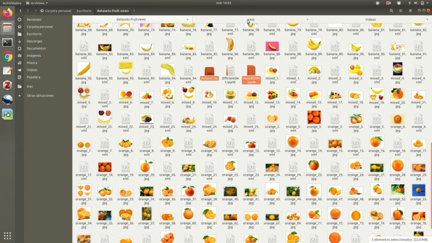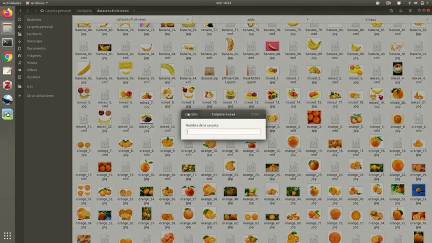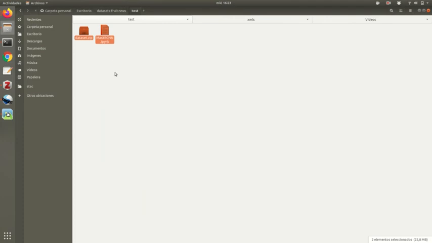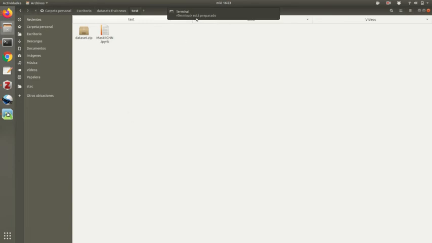I will copy them outside. Now let's create a new folder. And here we have these two files, and if we open these Jupyter notebooks,